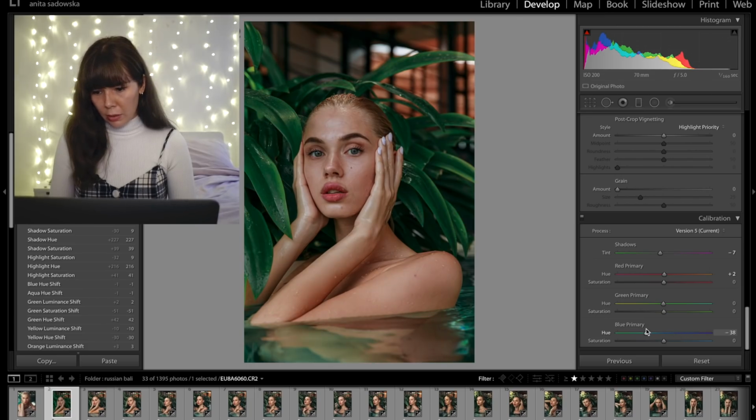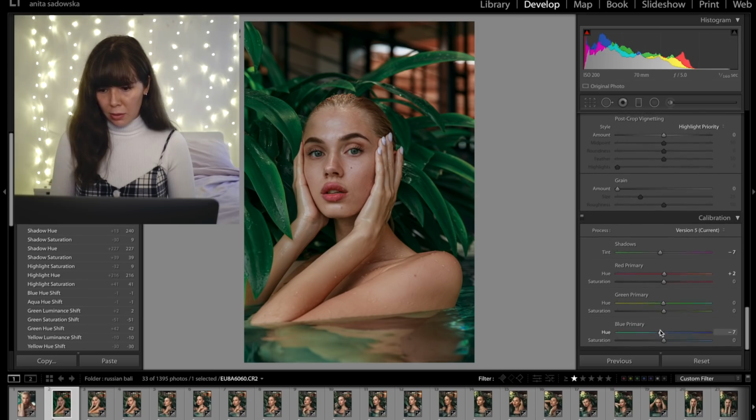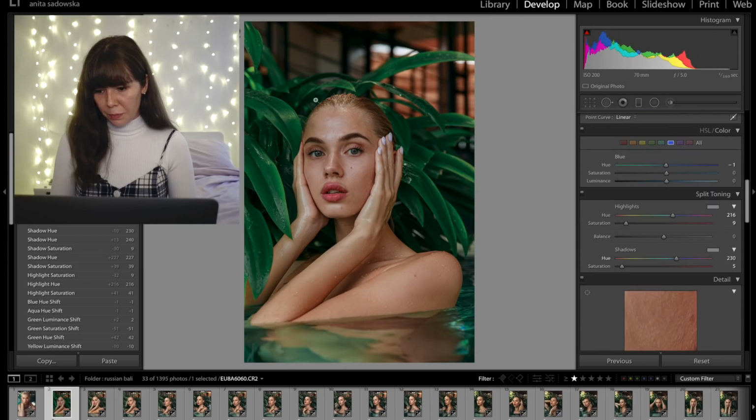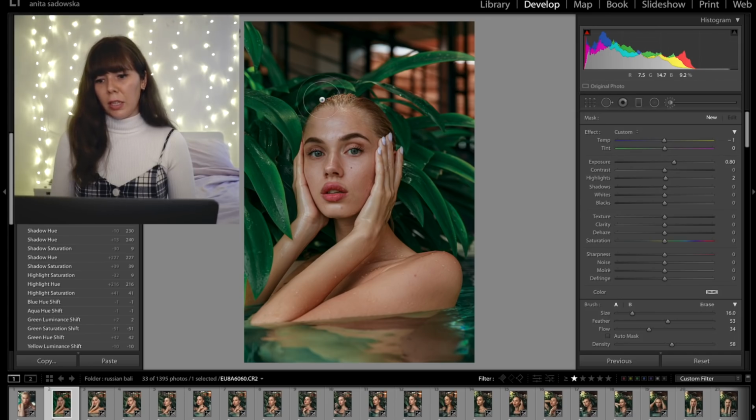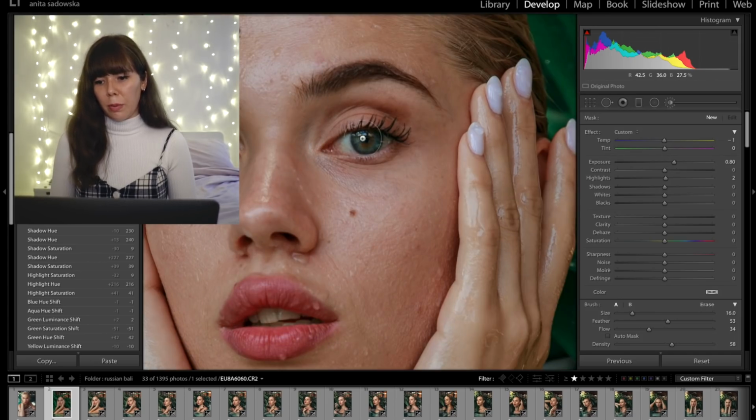Okay, and then blue primary. It's actually quite nice if it's a bit more reddish, but not that reddish. Maybe -10. Maybe -7. That's pretty good. Okay, and then you can increase the saturation. Oh, that's actually pretty nice. Okay, maybe I'll increase the saturation a tiny bit. There we go. That's pretty nice. Finally, if there's any final changes that I would do, I would probably go for this